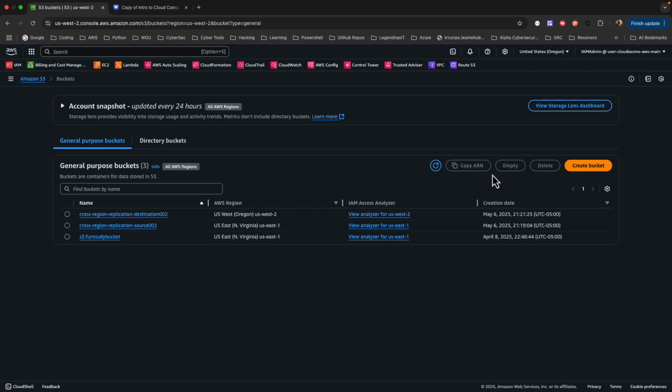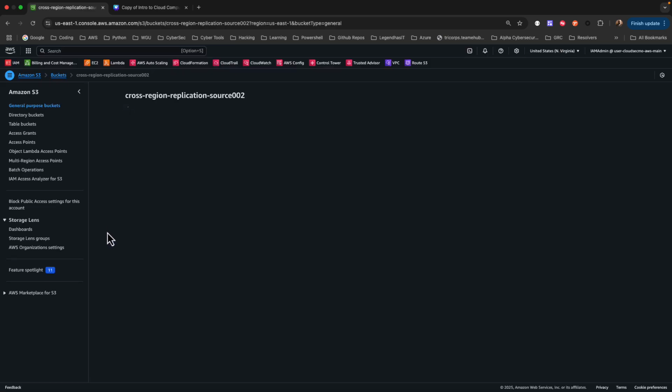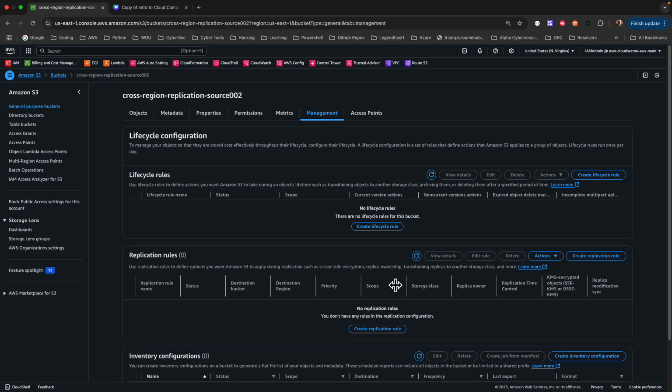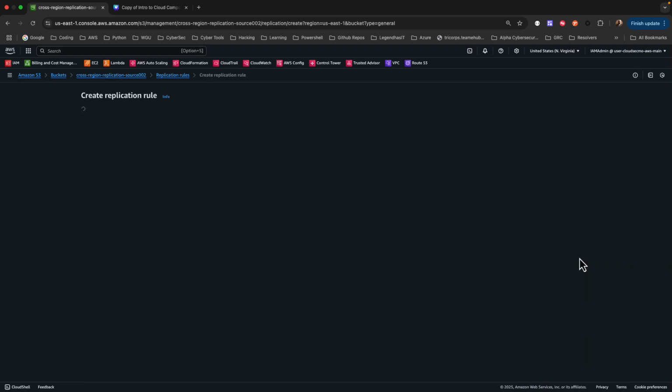There you go. So we have the source bucket in Northern Virginia and the destination bucket in Oregon. Awesome. So now what we're going to do is go to our source bucket, go to management, and here we're going to create a replication rule. So click on create replication rule here,